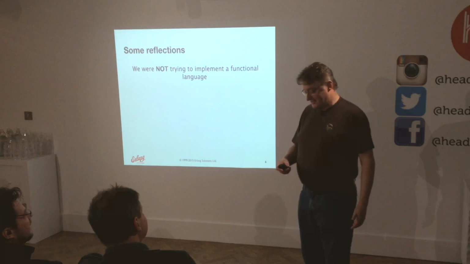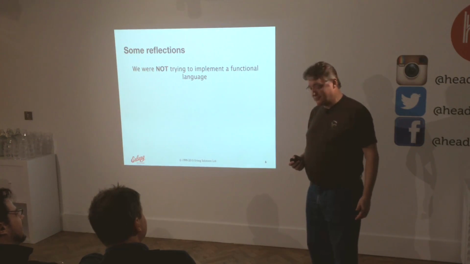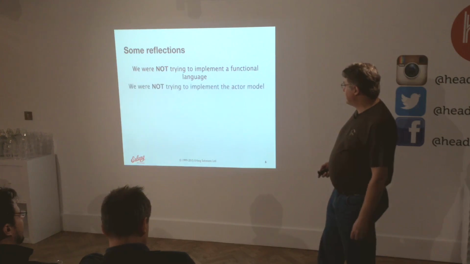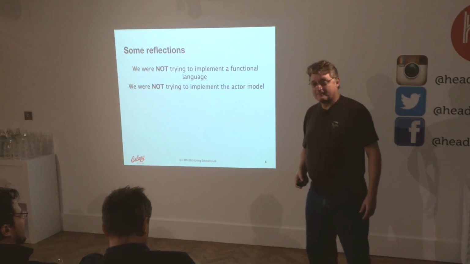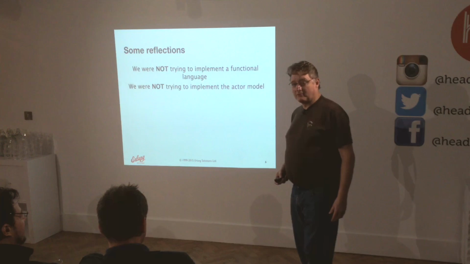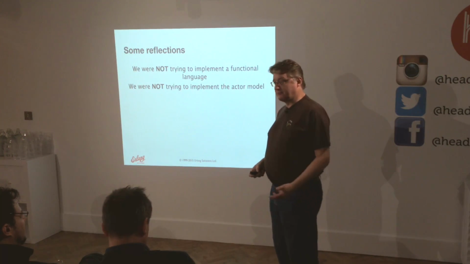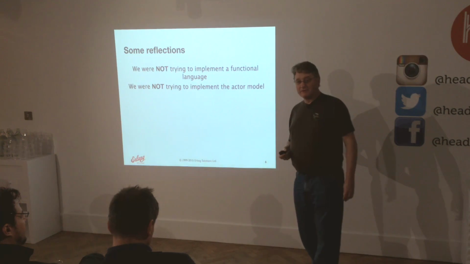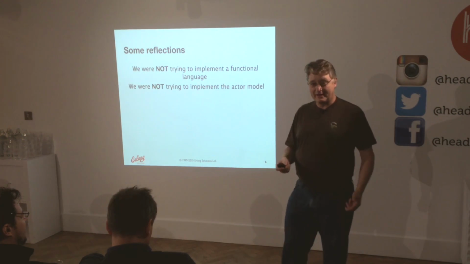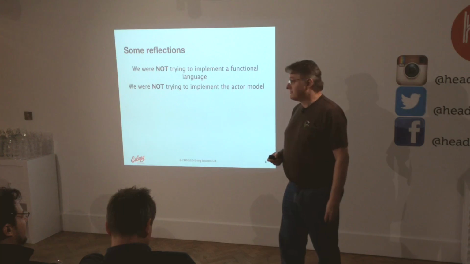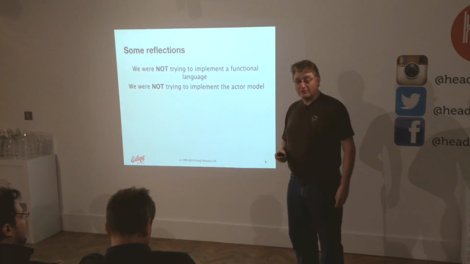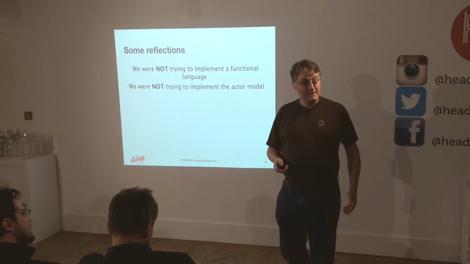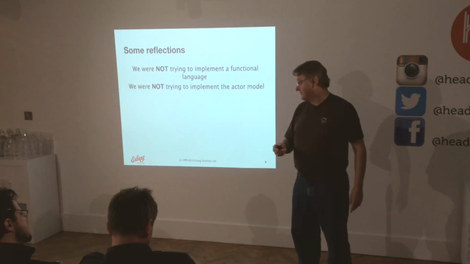I don't know if you can see that both ways. You can see that as a very good sort of proof of the benefits of having functional programming. We were also not out trying to implement the actor model. Again, we arrived at our solution because we felt this was the best way of doing things. And someone told us later that we'd implemented the actor model. We'd read someone saying Erlang implements the actor model, so we went out and tried to find descriptions of it, because we'd never heard of the actor model, to be honest. And then we found that and said, yeah, we have done that. But this wasn't the goal. This is where we arrived at.